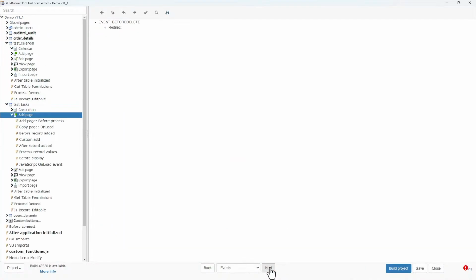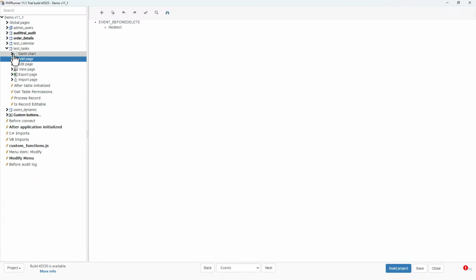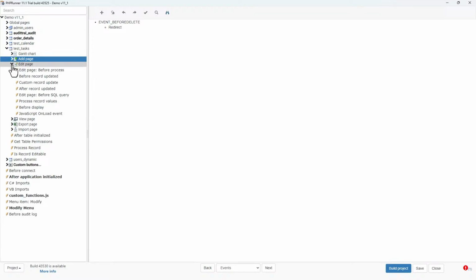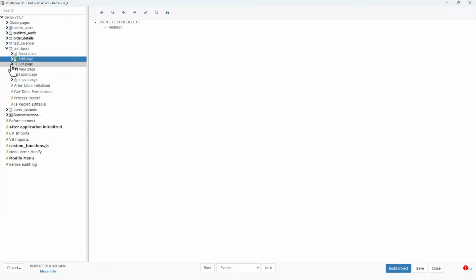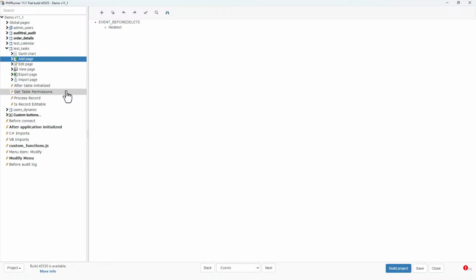And with regards to the events, everything looks normal. Let's just close that. Add page, and then the edit page, and the view page. I think with the events, there's nothing strange here.